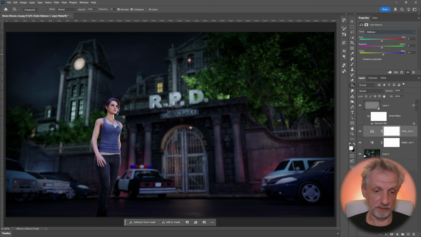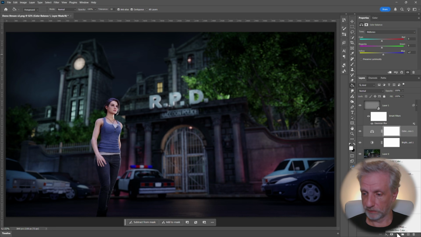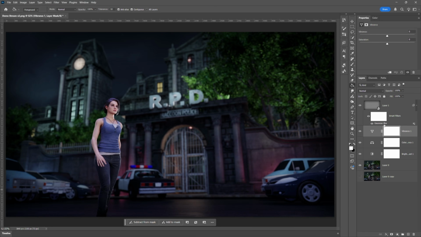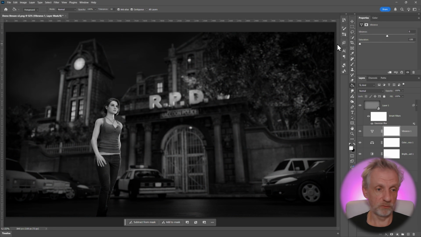But one other thing that I would recommend, especially in a spooky horror scene here, is I would go and use a vibrance correction layer here. If I do that, then I have other controls here for desaturating the image a little bit. So on 0, this is going to be black and white. That's obviously a little bit too much, but on something like -10, -20, that gives us a nice spooky look. So you maybe don't want that to be a very over colored, saturated summer image